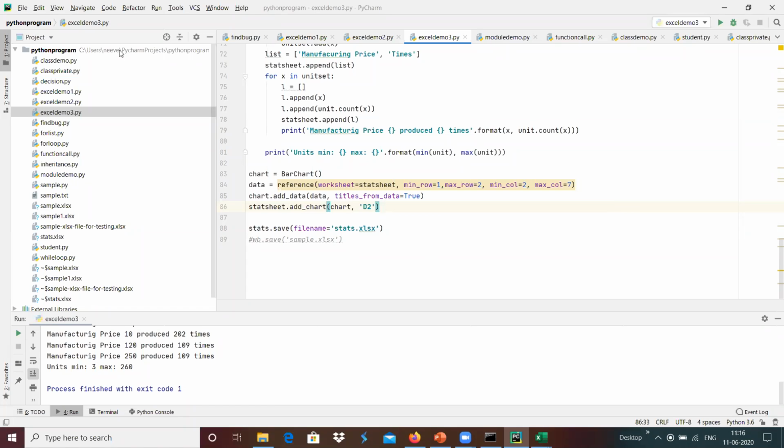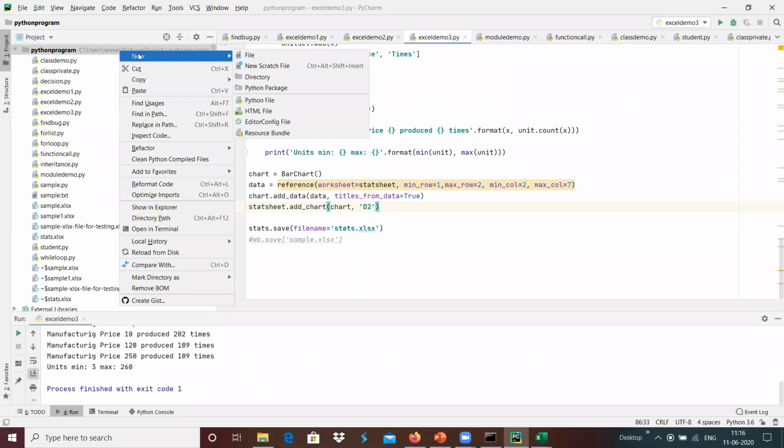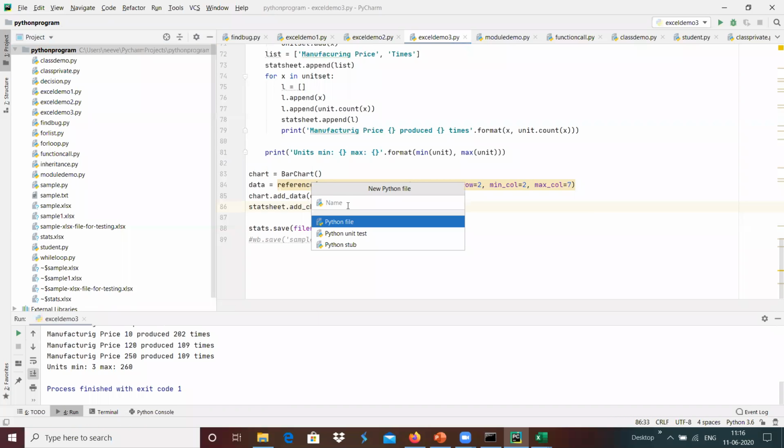Maybe I'm going to check this first separately over here with a separate Python file,